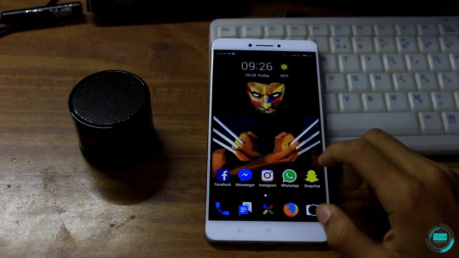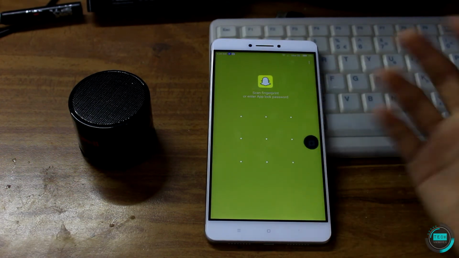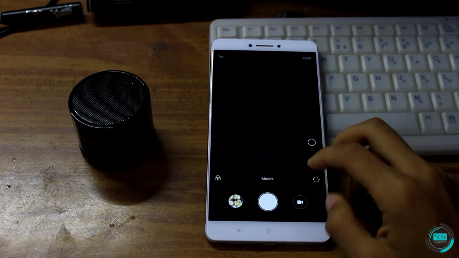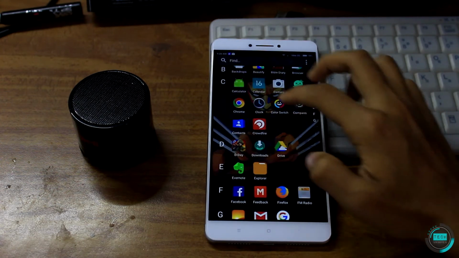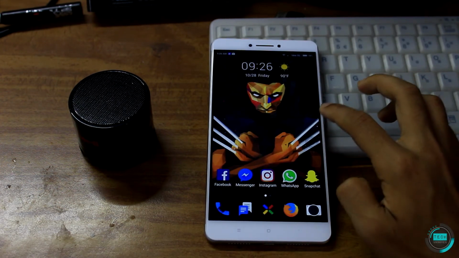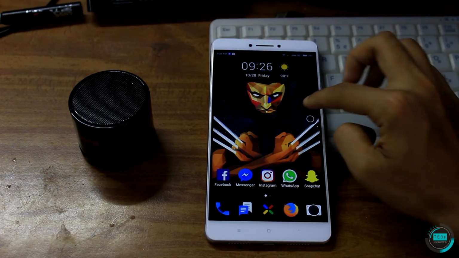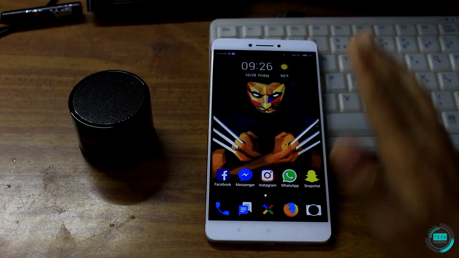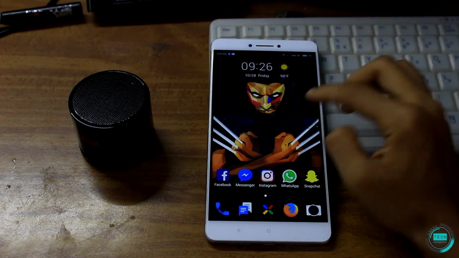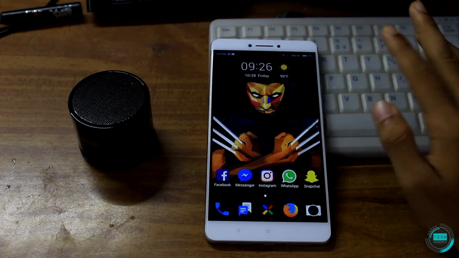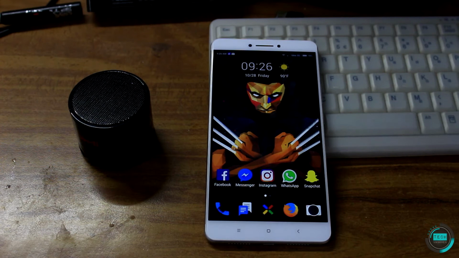So on any screen I'm on, suppose I'm on Snapchat, I can just press the Quick Ball button and then it can take me to Chrome, or it could take me to the camera app directly from here. I don't need to wait to go into my app drawer and then turn on Chrome or something. I can just do it from this Quick Ball that's placed right here. Even while playing games, this will just go to the edge and you will not be able to see it on your screen. It will just be an arrow on the edge. That's a good thing about this. If you don't have this, for normal Android users you have many such Quick Ball apps on the Play Store. You could download it from there.